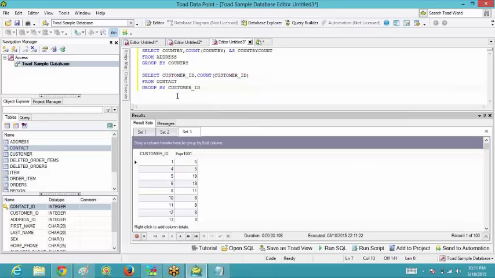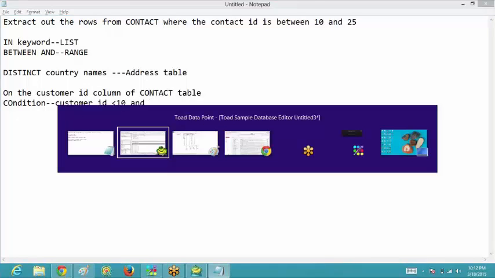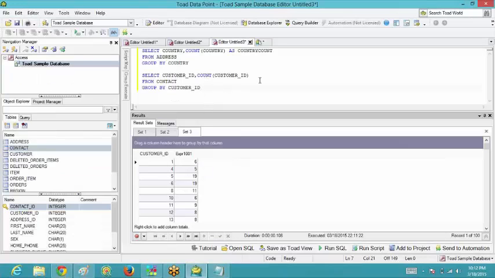Now if you're able to get this, everyone, now on to the same query, let me add something more. Okay, now what I want you to do is on to the same query, add a condition. So the condition is that I want to extract out the rows wherein the customer ID is less than 10, okay, and if you have given the alias name for the count customer ID,